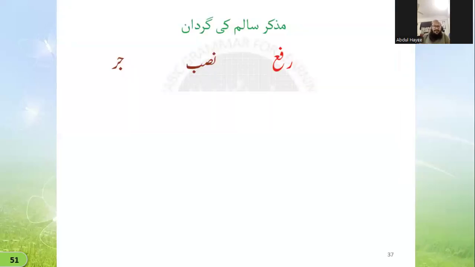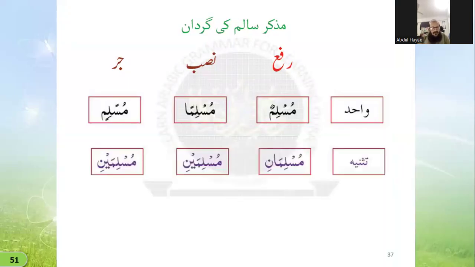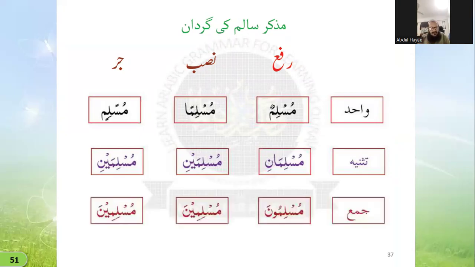Yesterday I was telling the forms of the ism. Somebody said, okay, show us. Let me show you something. The ism may be in three forms: Muslimun, Musliman, Muslimin. It's single. It may be dual: Muslimani, Muslimaini, Muslimaini. It may be plural: Muslimuna, Muslimina, Muslimina. So how many? 9. They are masculine.